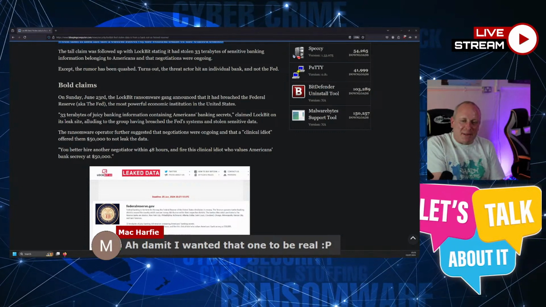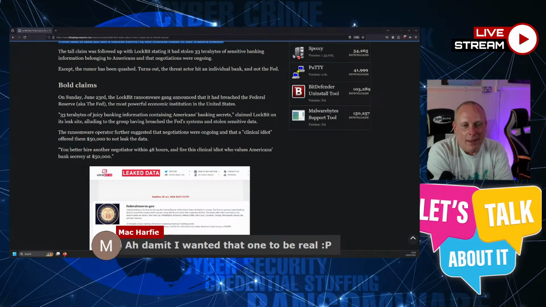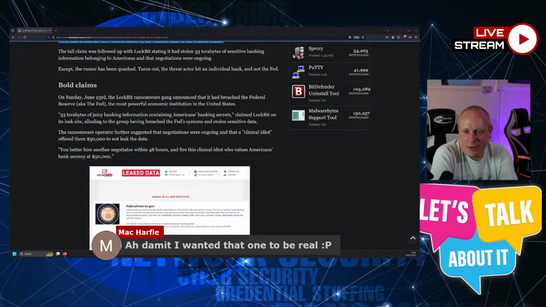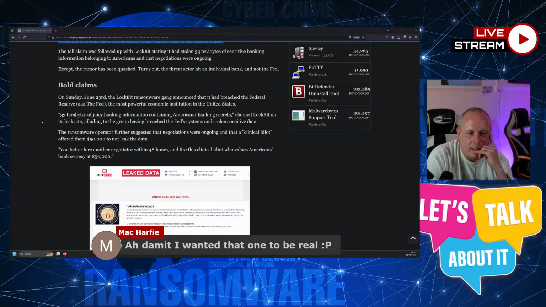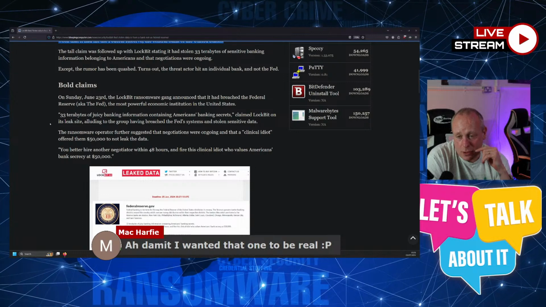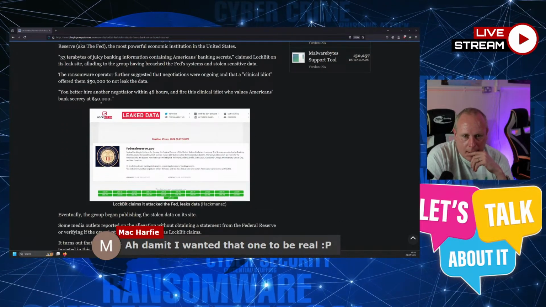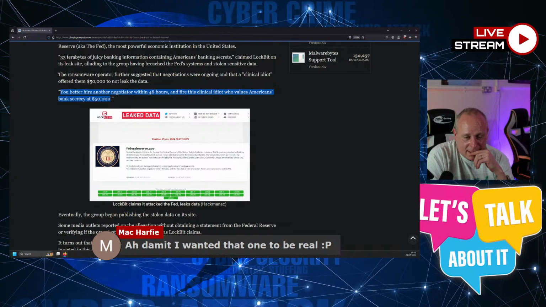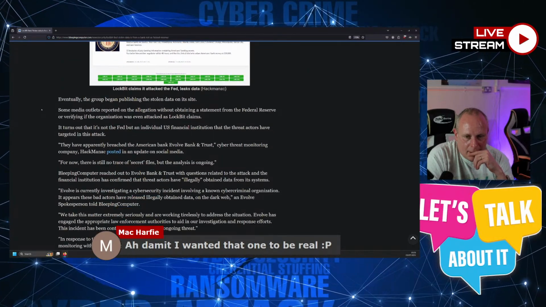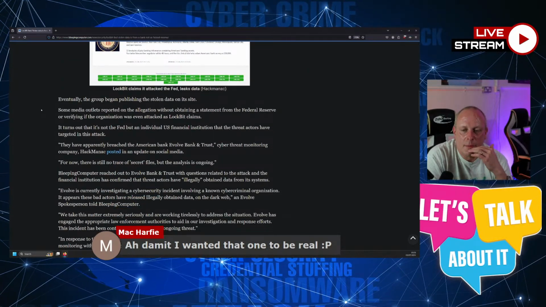Yeah, I brought this up last week, didn't I, on last week's stream. This was the 33 terabytes of America's banking secrets, claimed on the Lockbit site. Turns out it wasn't. Yeah, I remember reading this same article, actually. Did it say which bank it is?